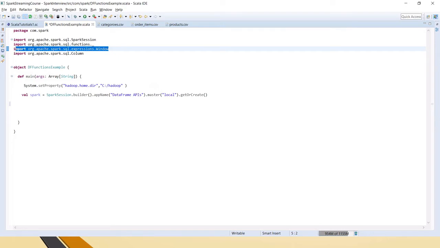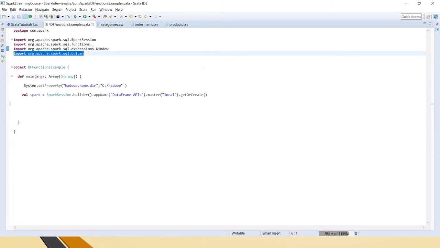So rank, and in rank again we have Window.partitionBy. For that purpose I have imported this window function. When we do join, instead of importing the column library, we can use the DataFrame name and the column name also. But because here it involves multiple tables, instead of writing it multiple times, to make it easy while writing the code, I have imported the column library.